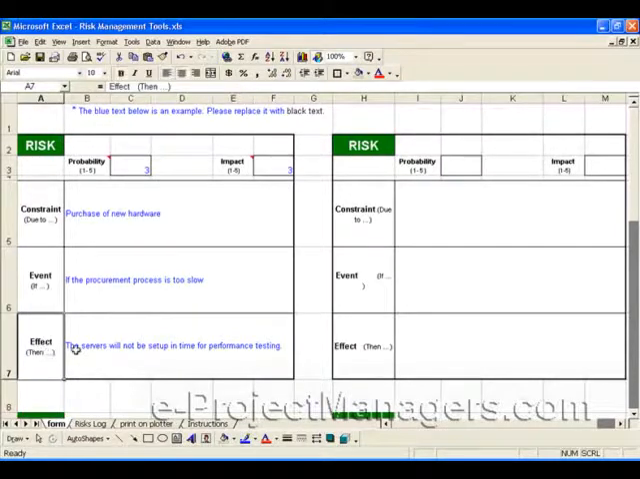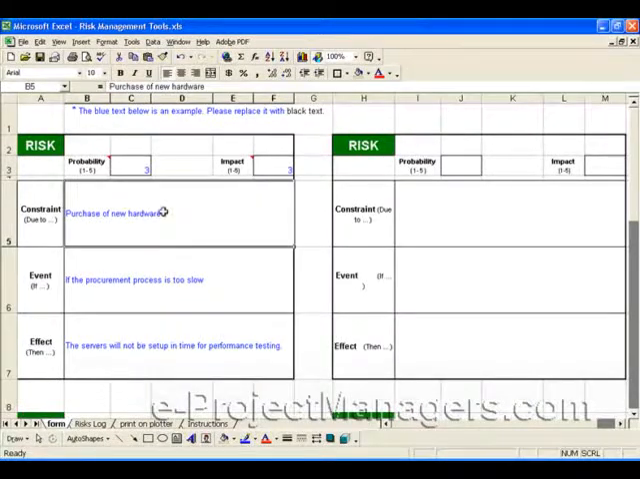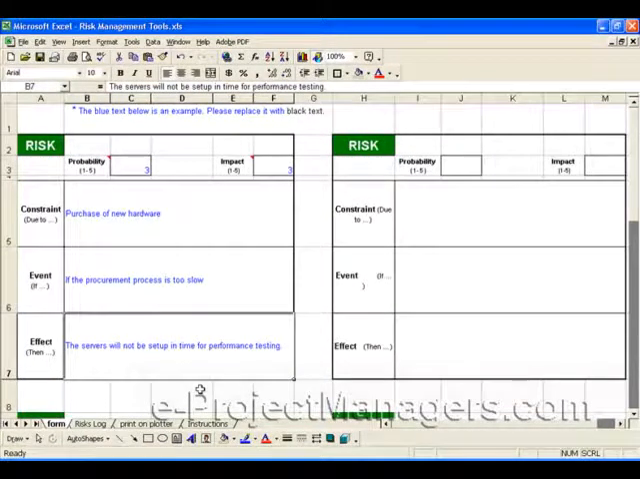What would the effect be? That's what the next row is. Well, in this example, the servers would not be set up in time for performance testing. So this is a risk. You're purchasing hardware, the procurement process may be too slow. The effect is you wouldn't be able to test as you had scheduled. So